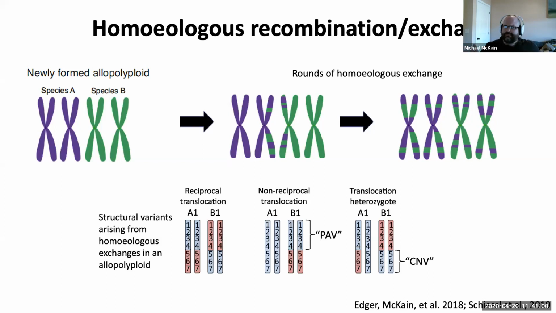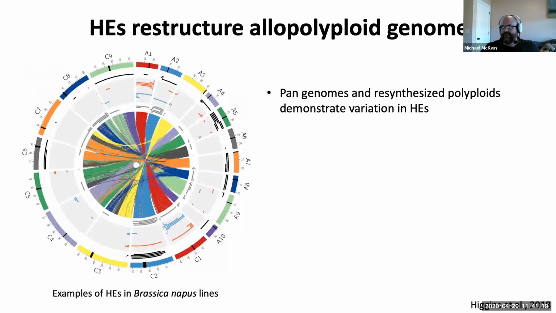So just keeping in mind the way we interpret this, when Pat and I drew these pictures for this paper, we were thinking of whole genome, when in reality a lot of the time we don't have a whole genome, especially a chromosome level assembly. We simply have a lot of reads, or maybe we just have a lot of SNP data. But if we look at what other people have done, we can see that homoeologous exchanges,